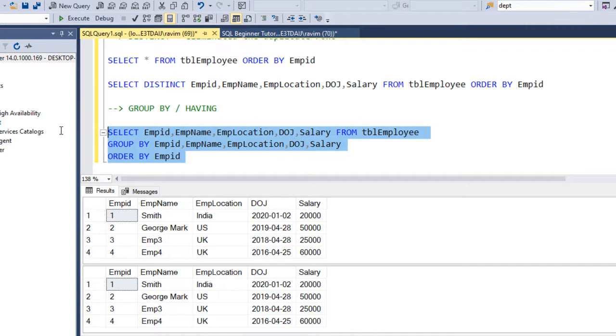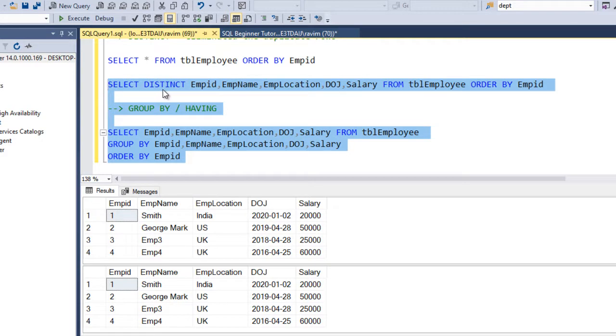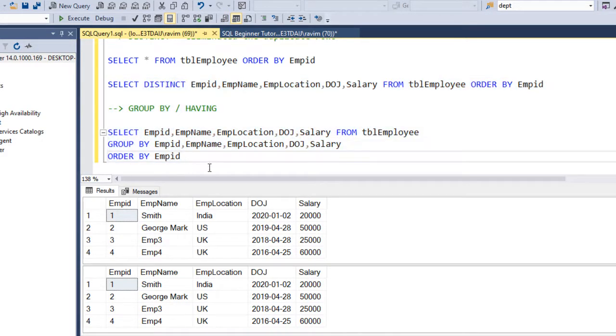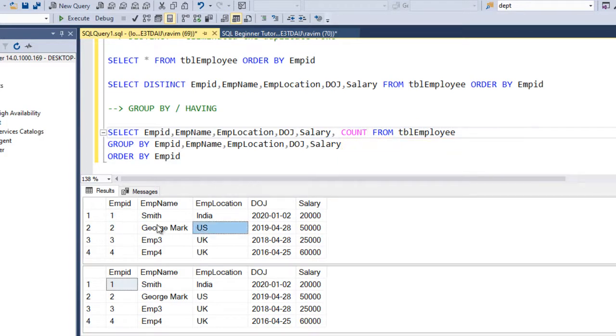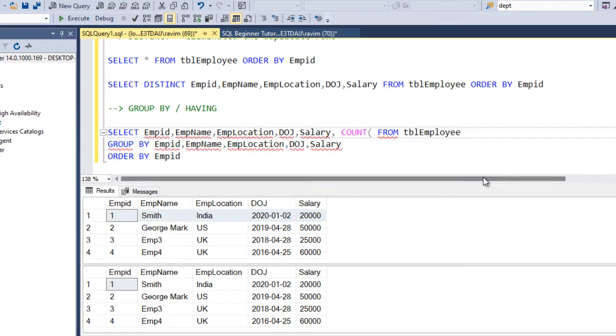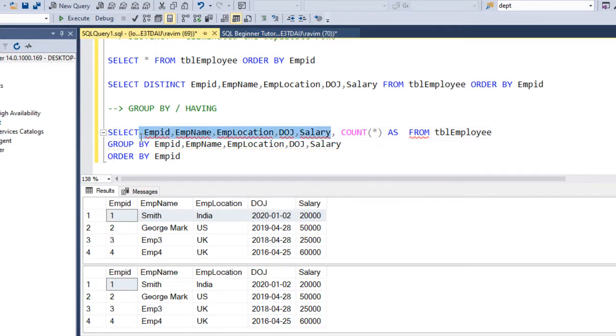So this is the distinct combination. Either you can get the distinct rows as a group by all those column set, or you can use the simple distinct clause in SQL Server, right? Moving on, we can just change this query a little bit to enhance it. If a row has duplicates, that is the count greater than 1, if it is repeated more than once, we want such kind of records. So I will say if this combination is repeated, I want to say it as duplicates